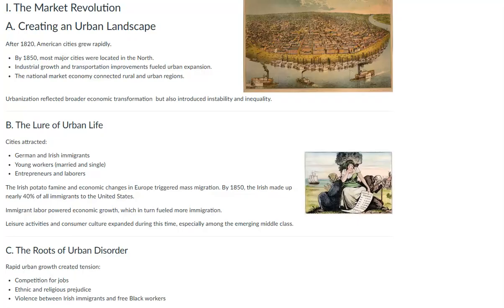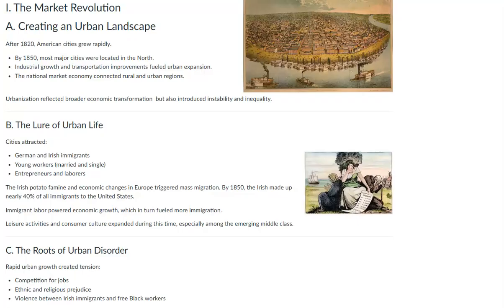So we have what's called push and pull factors when we talk about immigration. Sometimes there are things happening in home countries that are pushing their residents out. And then also we have things happening in other countries that are pulling immigrants to us. So for instance, in Ireland, there's the potato famine that happens. And potatoes were a staple Irish item in their diet. So a lot of people starved when the potato famine happened. That potato famine is a factor that is pushing people out of Ireland.